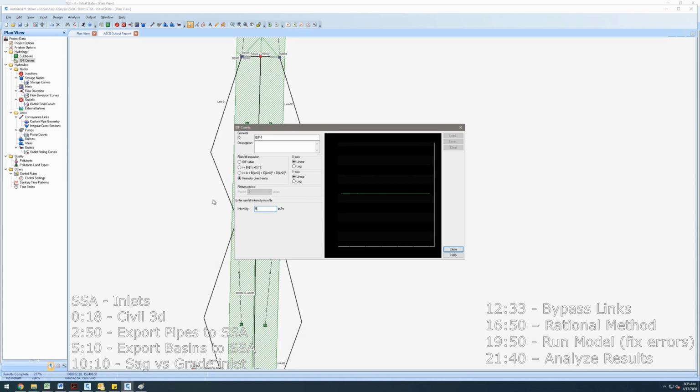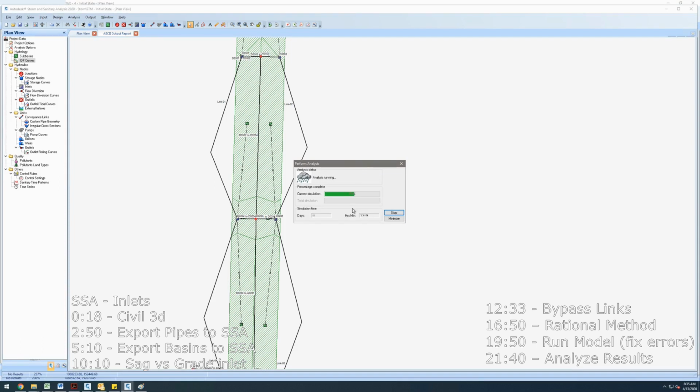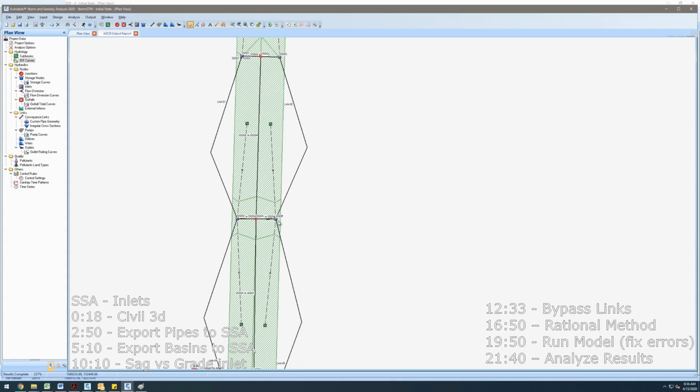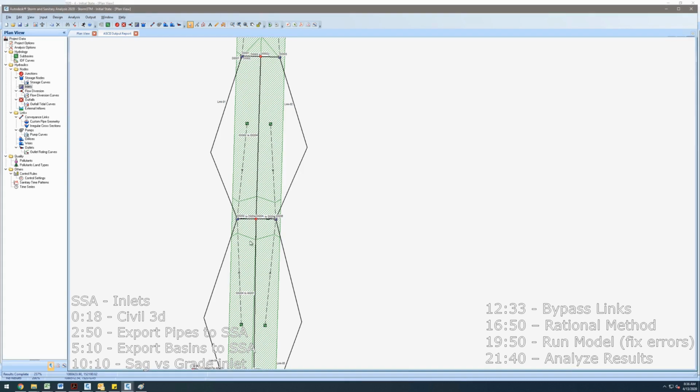I'm gonna make this 5. Actually, maybe make it 6. Now I'm really gonna hit it hard with some water. This is a good test of your system. What happens when you put this much water in your system? So now, see, I'm over 8 here, and it's giving me a little red dialog. I believe why it's doing that is,